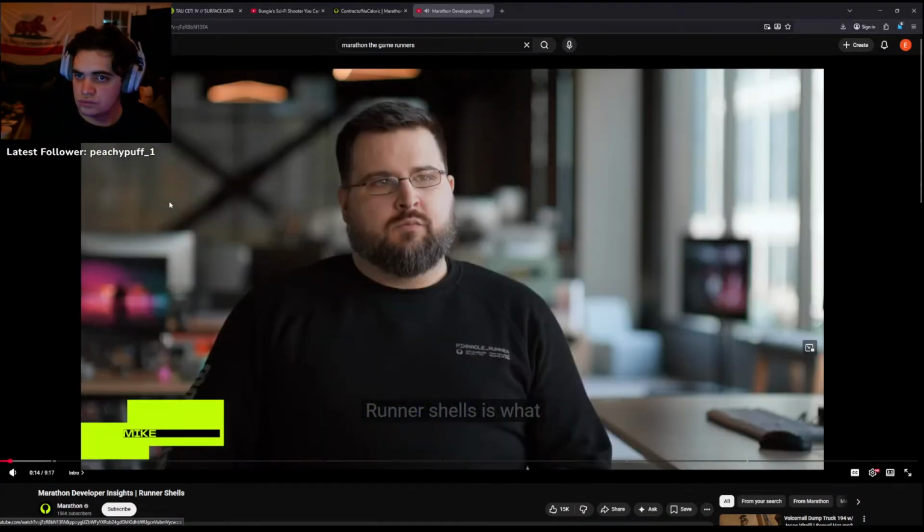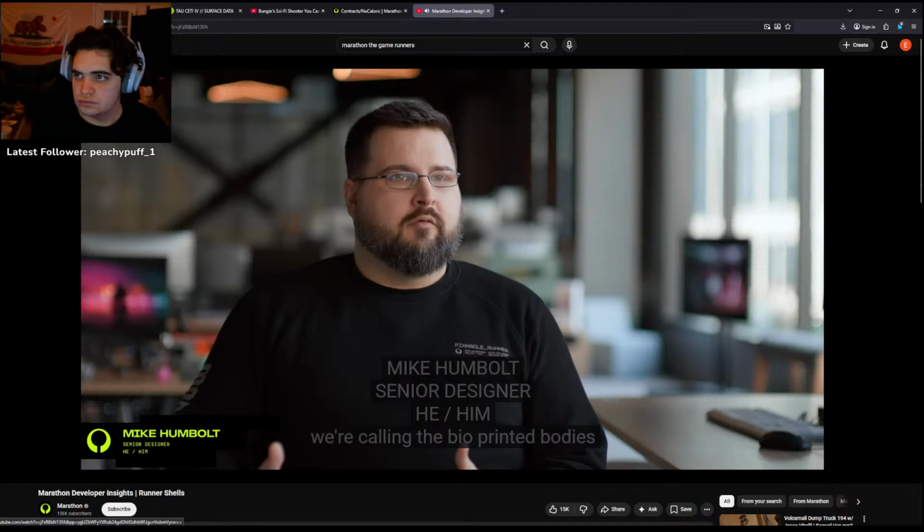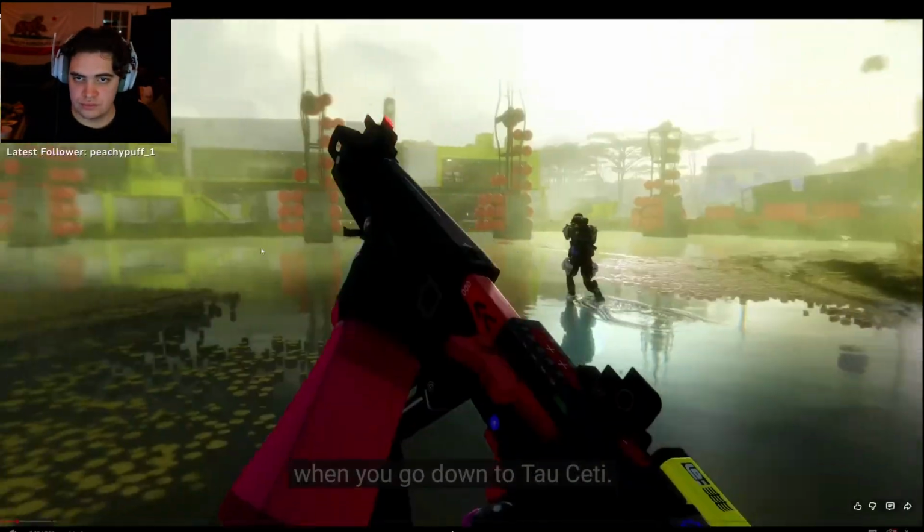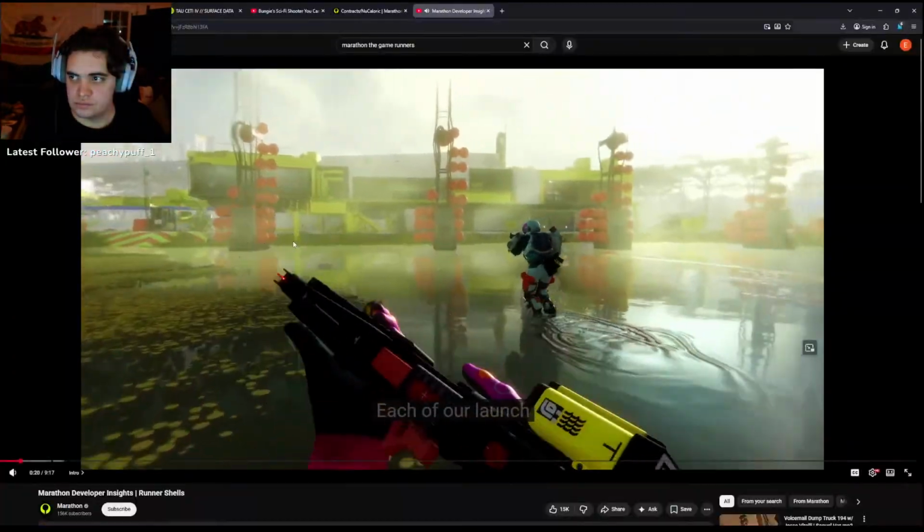Runner shells is what we're calling the bioprinted bodies that you, the runner, inhabit when you go down to Tau Ceti. Each of our launch shells